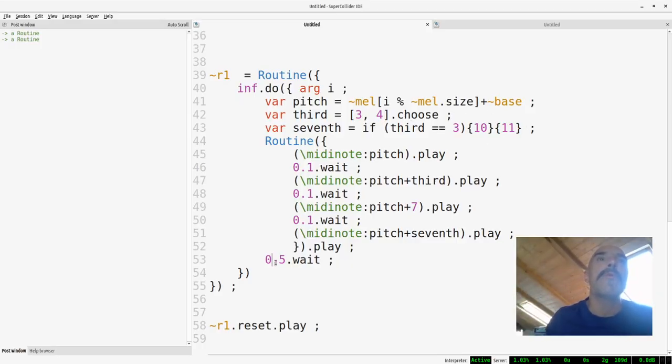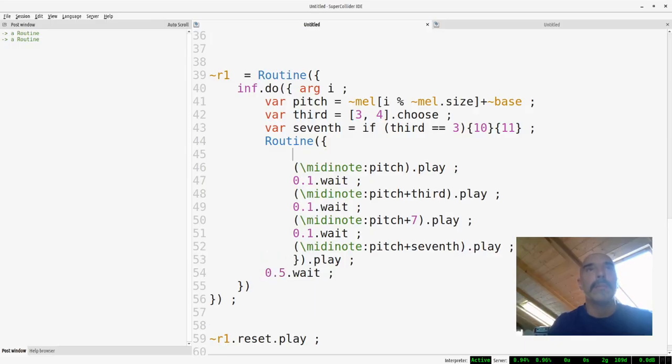So every time we wait for half a second, but with a new chord, we calculate the notes that we need, and we start an inside process made up of 4 events. The first one immediately, then we always wait for a tenth of a second, and we perform the first, third, fifth, and 7 notes. Can we write this better? Surely we can, because we could write something like